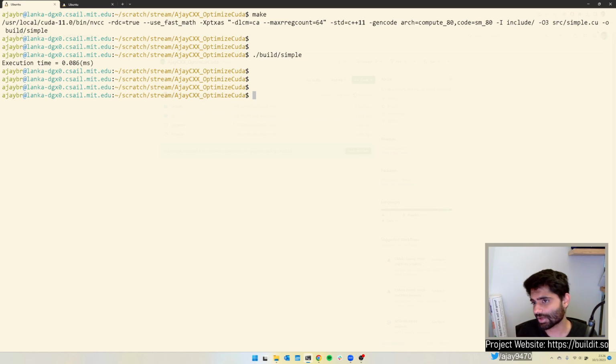The other thing is there's also an upfront cost from just launching a kernel. Launching a kernel requires some constant amount of time. The operation that we are doing is very small, so that doesn't show up in this. So that's why it's like 0.08 milliseconds, 86 milliseconds. But there are ways to further look at how much time each instruction took. We'll get into that later when we start optimizing more code. But anyway, yeah, that's